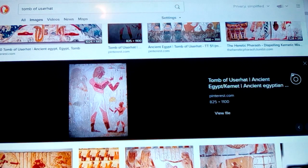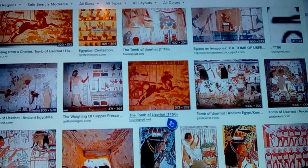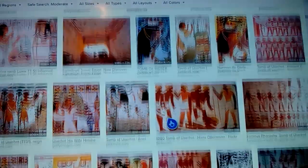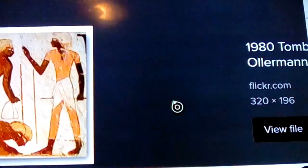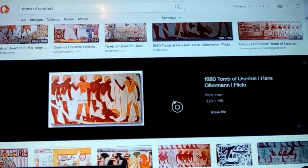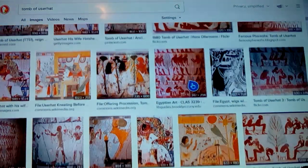Userhat, ancient Egypt, Kemet. And this was going on during the 18th dynasty, as I said before. Here's the other picture I was talking about. So here's a group of them here, and they're all blondes again. On our way out, let's just...